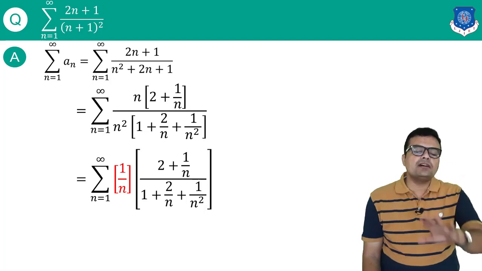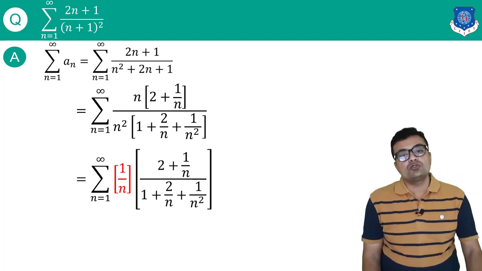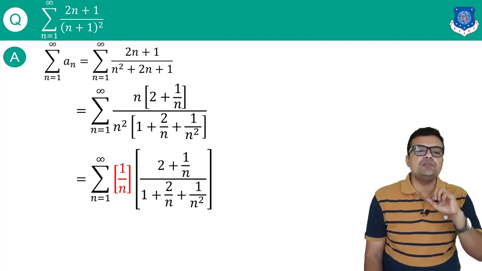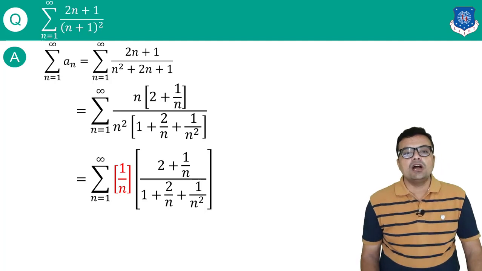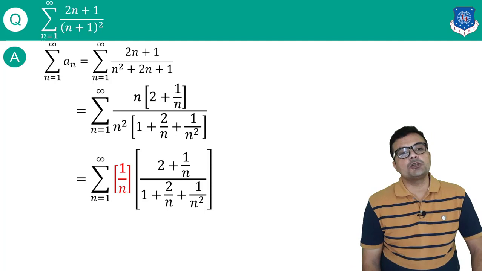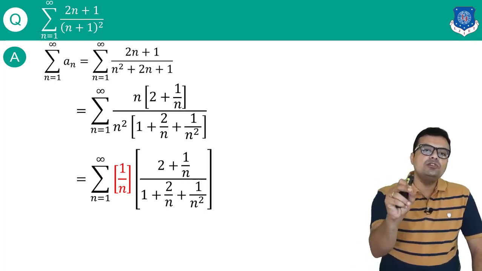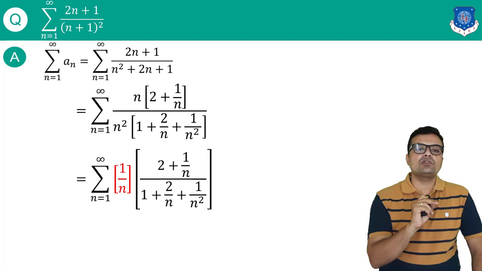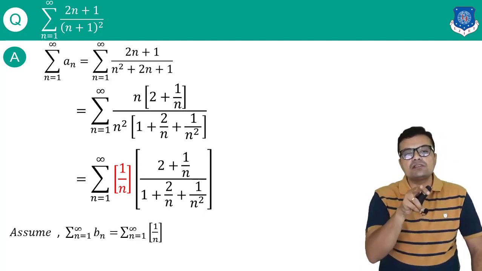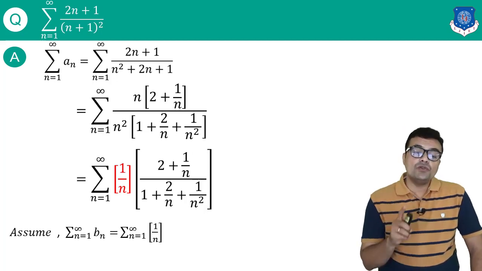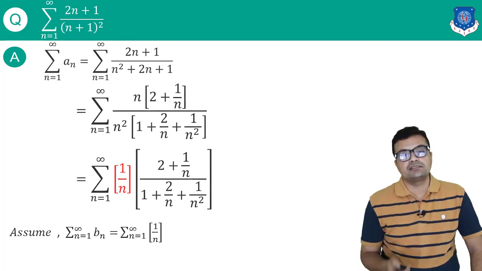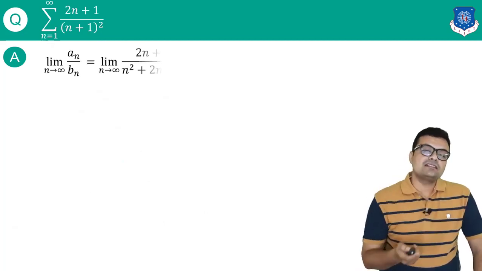As we want to compare our given series with another series, so from the given series summation An, I am observing another series Bn. So the natural question would be how to identify that dominating part. So this is the trick which will help you to identify the dominating part. Take the maximum value of n from the numerator, the maximum value of n from the denominator, and simplify it. It gives you 1 upon n. So the dominating part which I want to observe, or a series with which I want to compare my given series, is summation 1 upon n. And I will take that series as Bn.